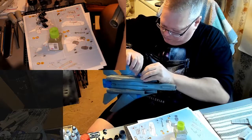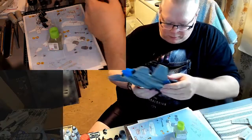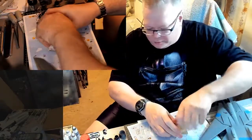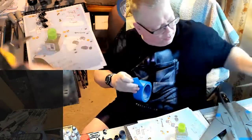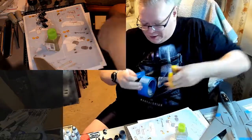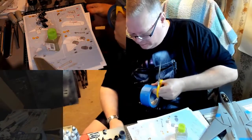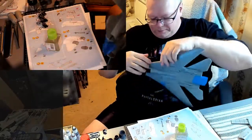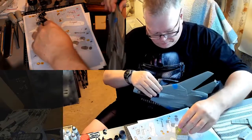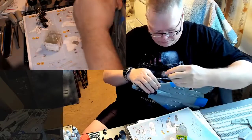I have a feeling I'm going to be needing more pieces of tape to hold that as I go along. So let's get prepared. Being prepared, well, that's better than not being prepared, right? Okay, now we're ready. Okay, I'll hold that and open the glue again, and then